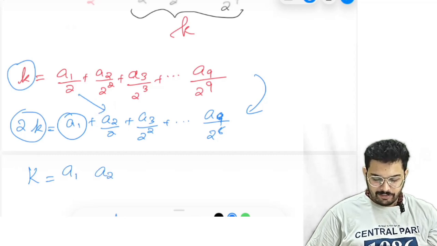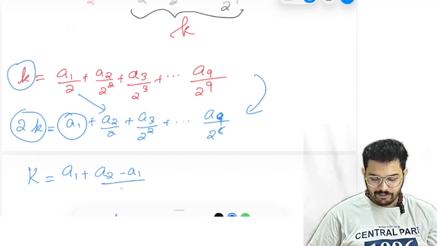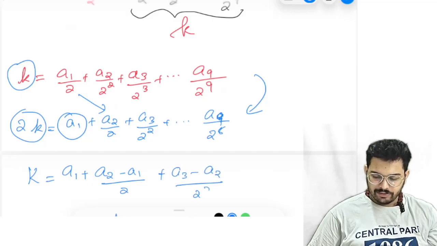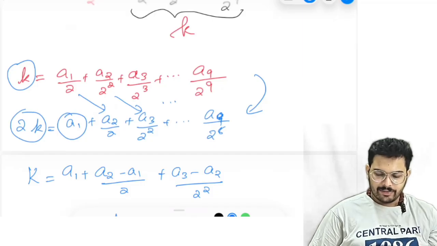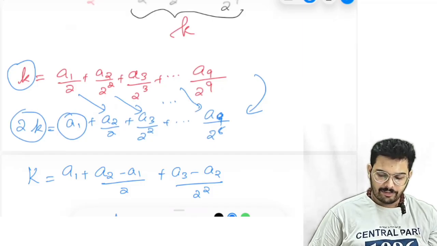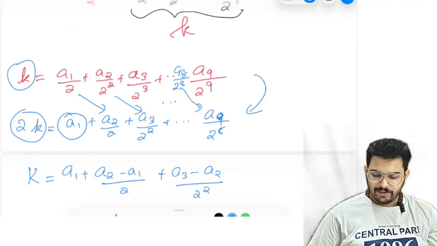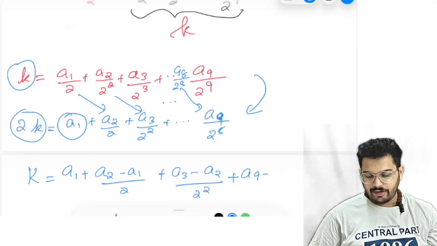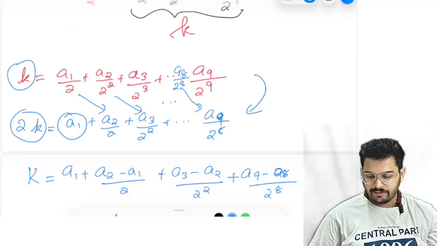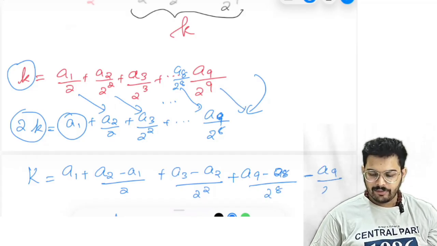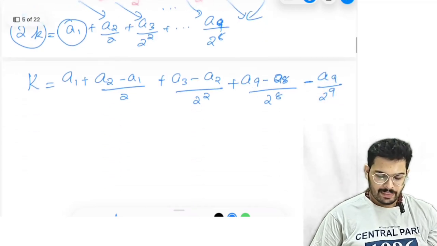So it will become (a2 minus a1) divided by 2 plus (a3 minus a2) divided by 2 square, because these two terms will be subtracted at the end. It will be subtracted till the previous term, that is a8 divided by 2 raised to 8. So it will become a9 divided by 2 minus a8 divided by 2 raised to 8. Then this term will be coming as it is. It will become a9 divided by 2 raised to 9. Here,